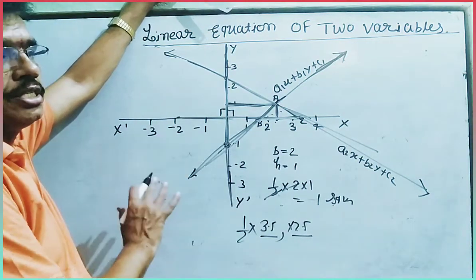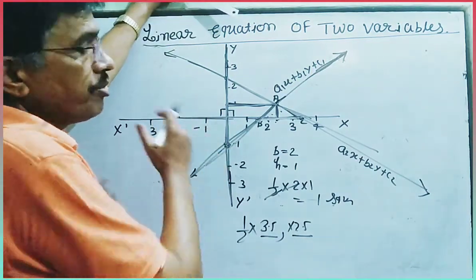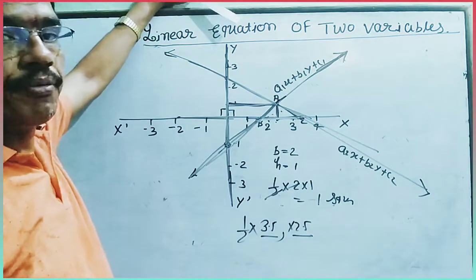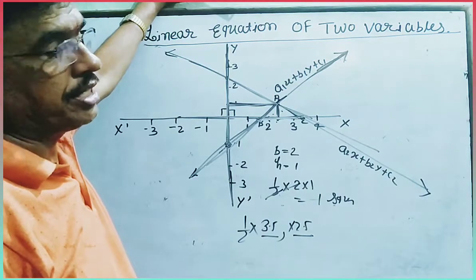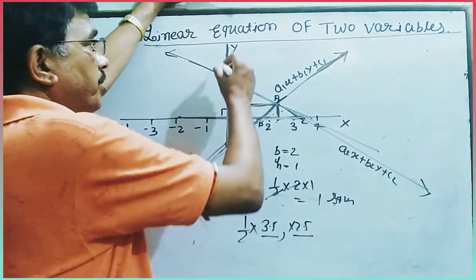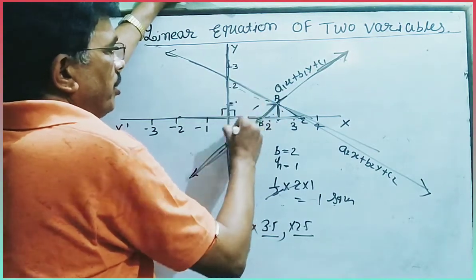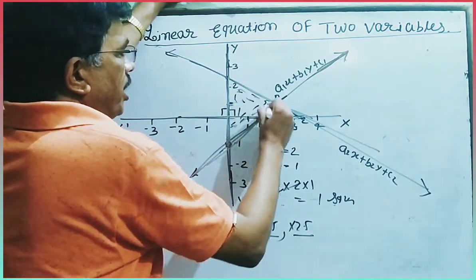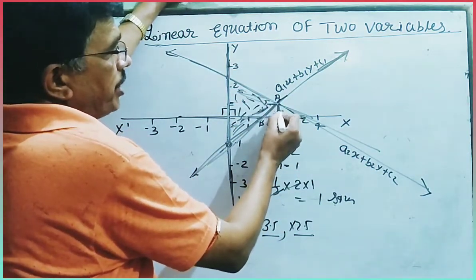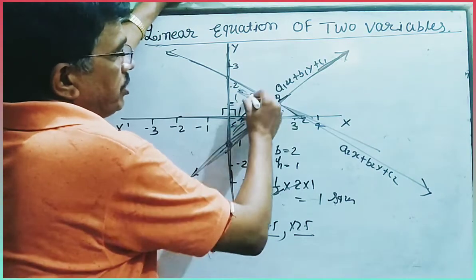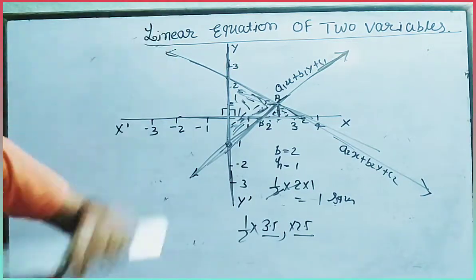So one question is related to when your graphs intersect at a point. Then there are two types of questions. You find the area of the triangle with two equations and the x-axis. Find the area of the triangle with the y-axis and two equations. Other is shade the region by the y-axis and the two equations. Then you shade the region. If your question is to shade the region of the triangle by two lines and the x-axis, then you shade it. Other type of graph is